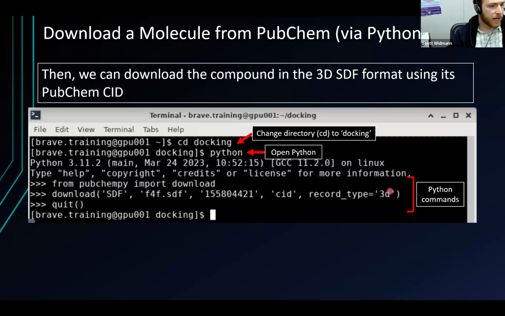And once I do that, it shouldn't show anything like successfully downloaded or anything. If there's no error, then your command successfully ran. And then once I've downloaded it, I just type quit, open close parentheses, and hit enter, and then it exits out of Python. And now you can see I'm back